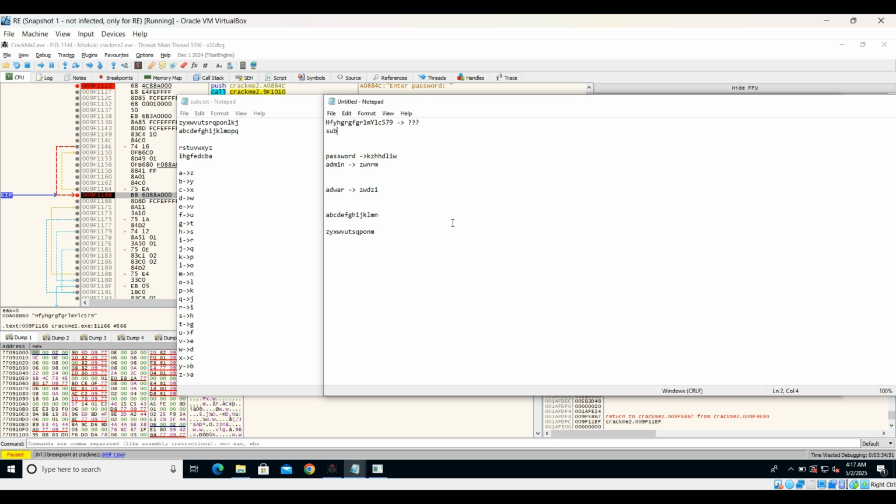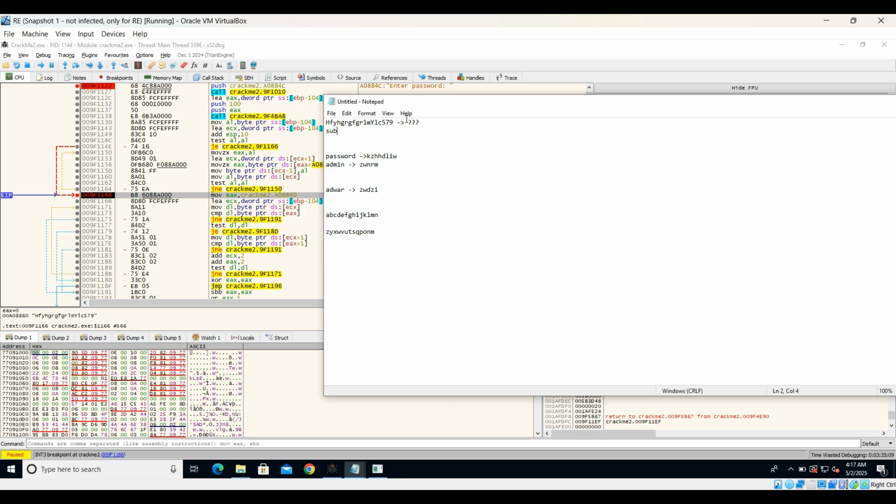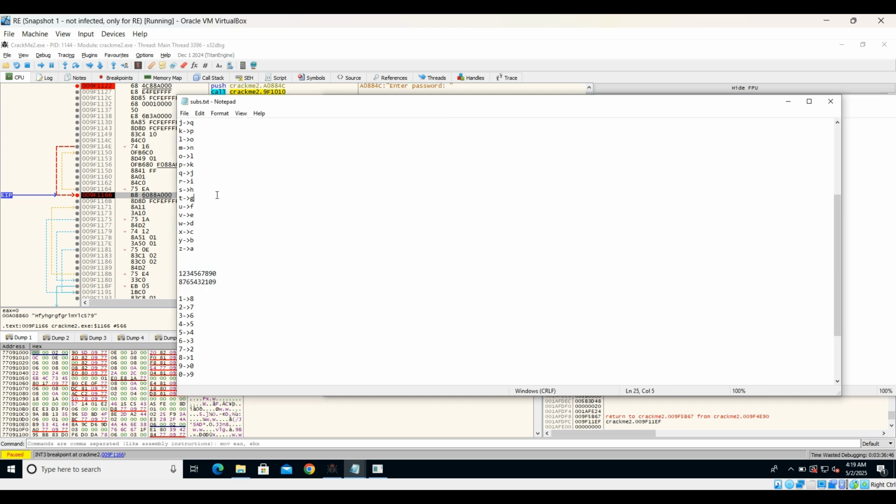And if you keep following this, we'll get the password. So I have not written any script for this. This will not take much time. You can write a script. I did not write though. So you can calculate it by yourself, or also we will check over here whether our calculation is correct or not. So after solving the password, following the same from here, we see that the password is